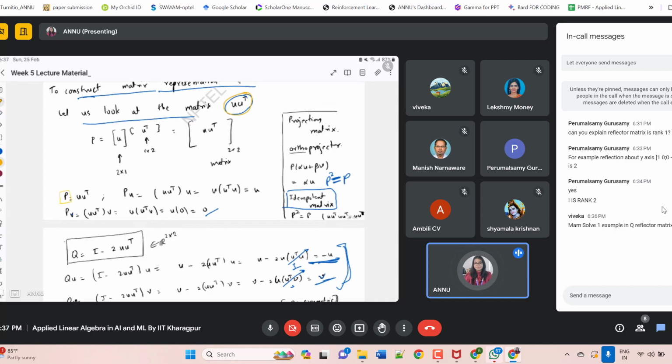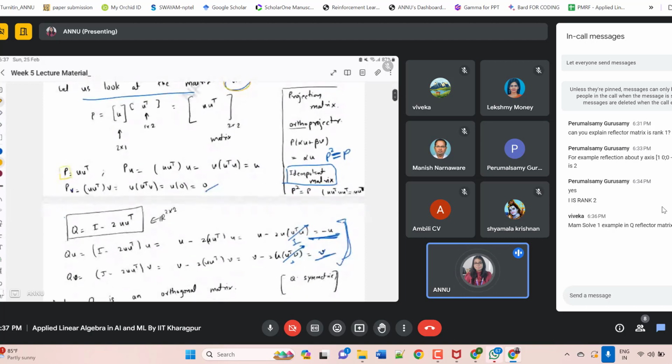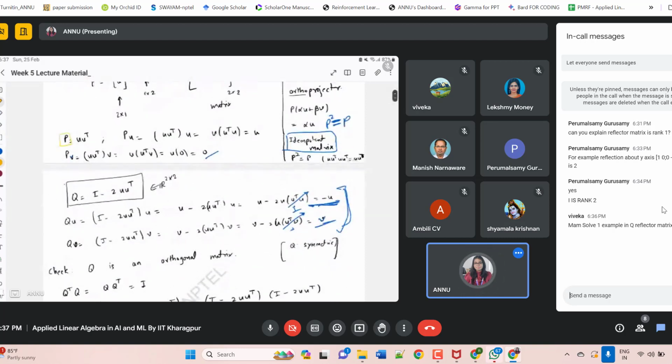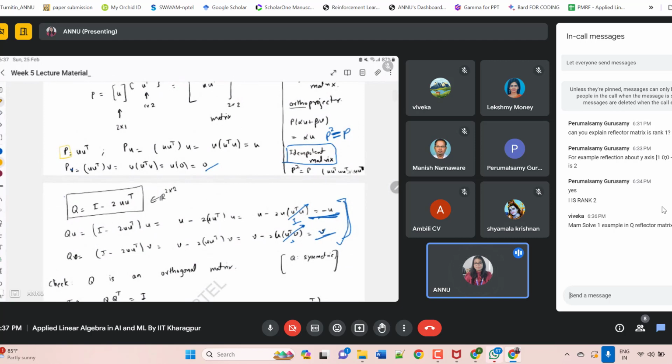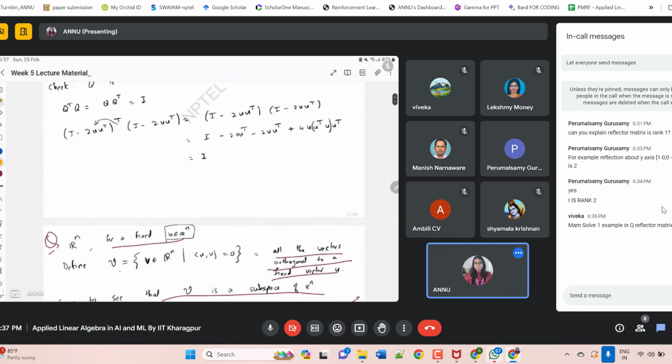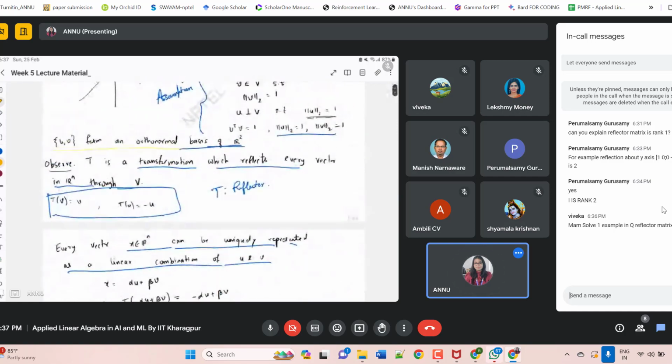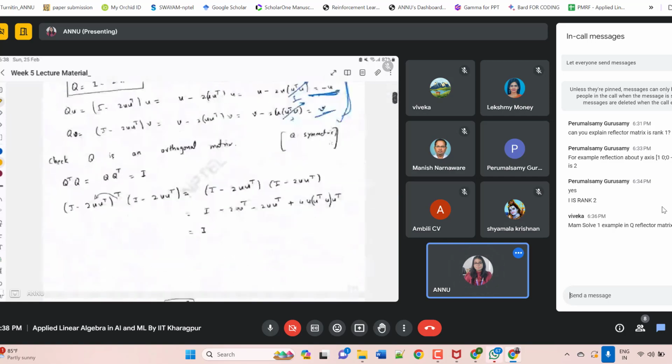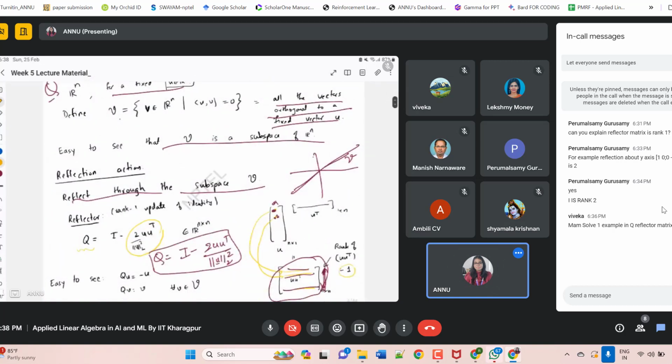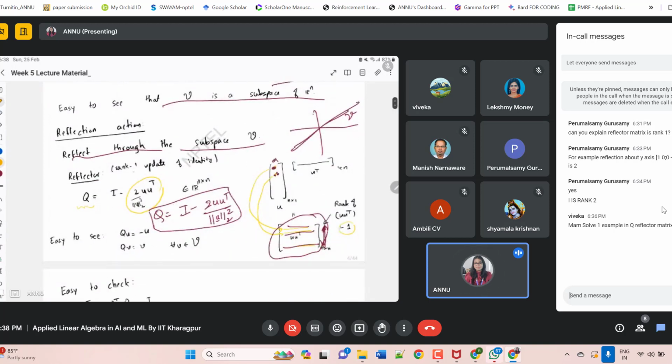So basically, what we saw here: if Q transpose is rank 1, we are not sure that this one is also rank 1. Where was this rank 1 written? Let's see. This is what is written: rank 1 update of identity. Sir never taught that Q is rank 1, but rather he was telling that U transpose is a rank 1 matrix. So it is not sure that Q will be rank 1, my mistake.